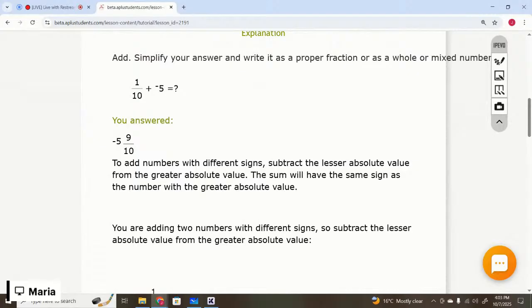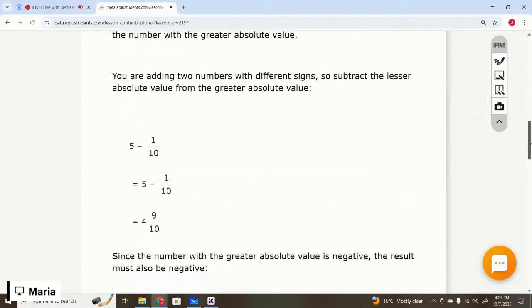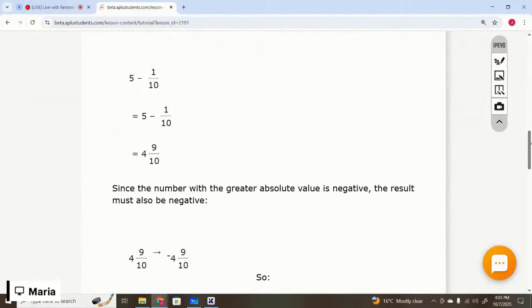We need to apply the same rules that are for the integers, right? So we can write it as 5 minus 1 over 10, right? And 5 minus 1 over 10 is